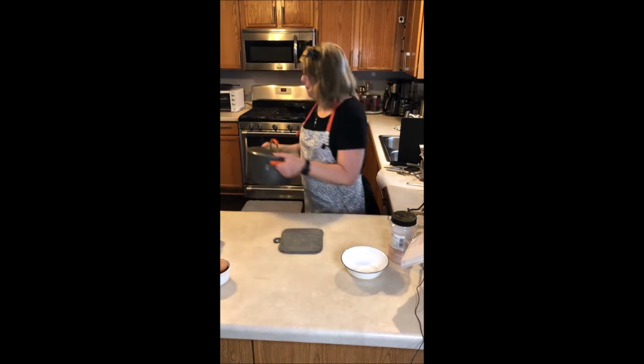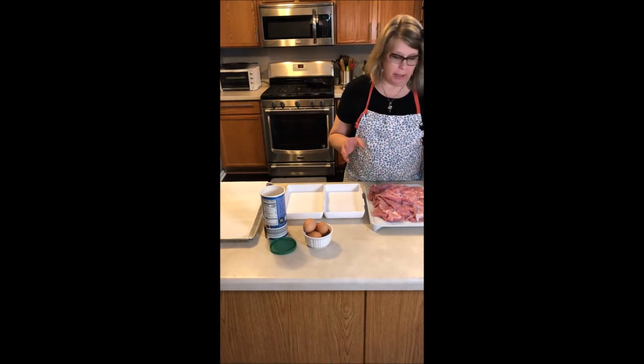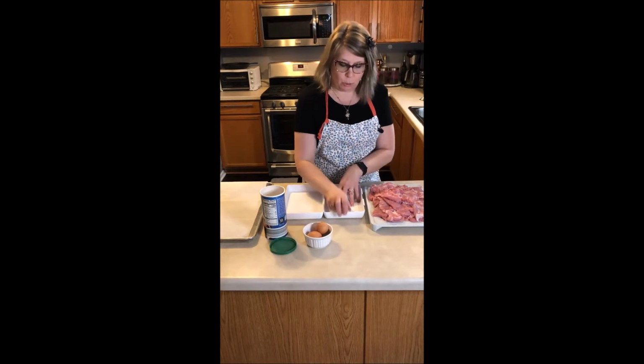We'll come right back. So now we're going to dredge the meat. It's not really a dredge. A dredge is flour. I'm not flouring it. I'm seasoning it. So I'm going to do 3 eggs